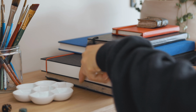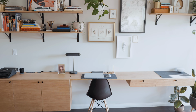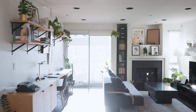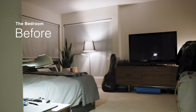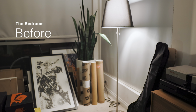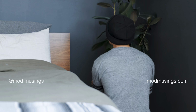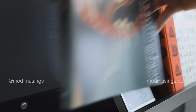Over the last few months, my wife and I have been updating our place to accommodate our work from home situation. While it's been fun to build our workspaces, we neglected the areas we normally relax in. That's why we decided to refresh our bedroom to have a place we could retreat to when we want to unwind. Hello, I'm Matthew Encina, and in this video, I'll share our cozy bedroom makeover and give you a tour